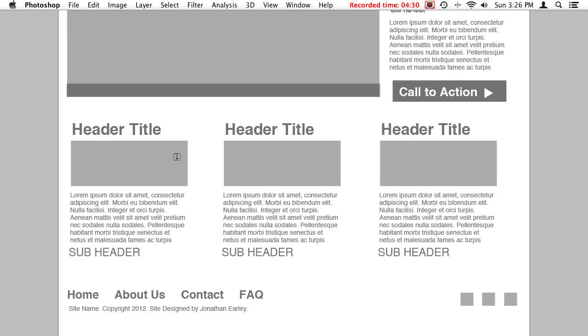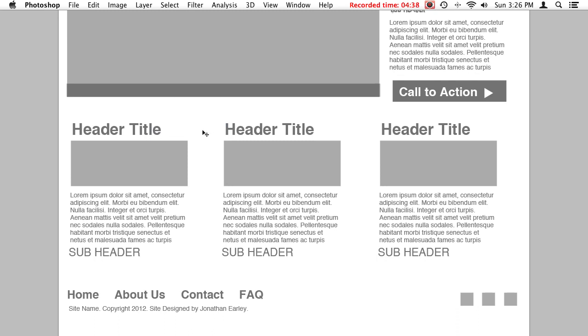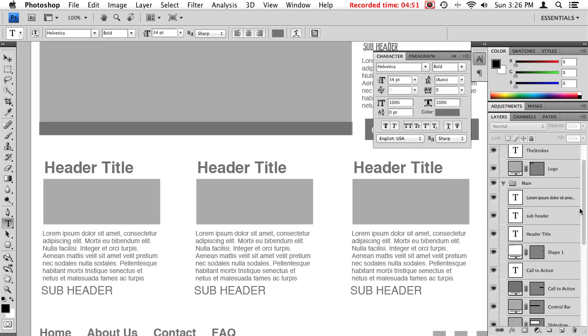So I'm going to show you how to apply a font to multiple layers of type. I'm going to hold Command, right click this header type. Now I'm going to hold Shift while I have Command still held down. Right click, choose that one. Still holding Command and Shift down, right click, choose that one. And what I've done is essentially